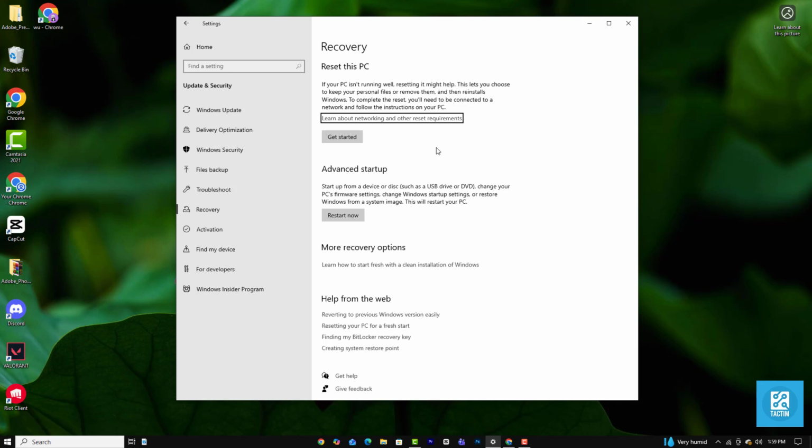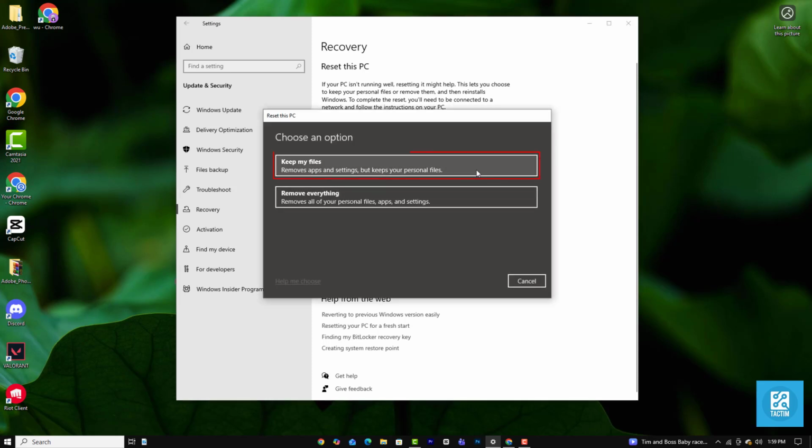A blue menu box prompt utility will instantly appear over your Settings workspace. You will see two choices. Click on the very top option row labeled Keep My Files. This tells the system to wipe out third-party software, broken drivers, and registry configurations while leaving your desktop documents, pictures,